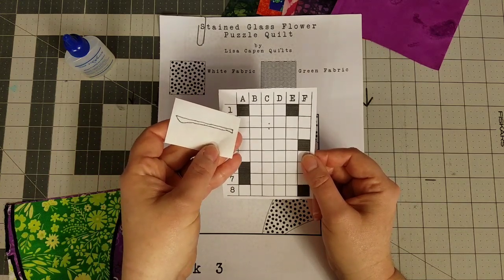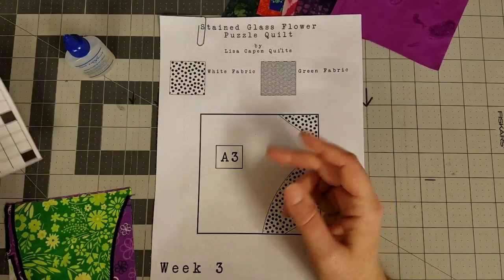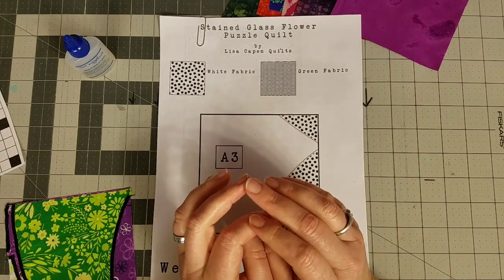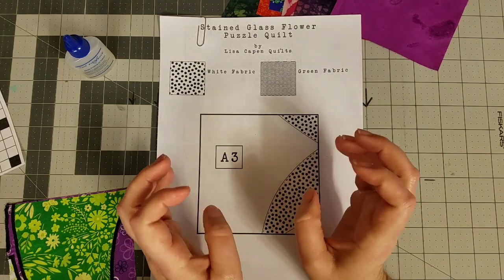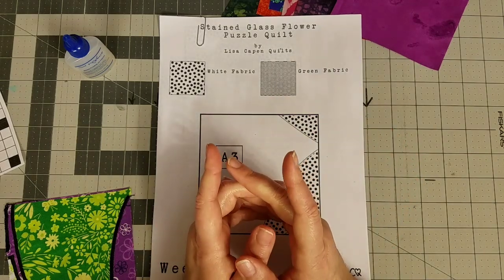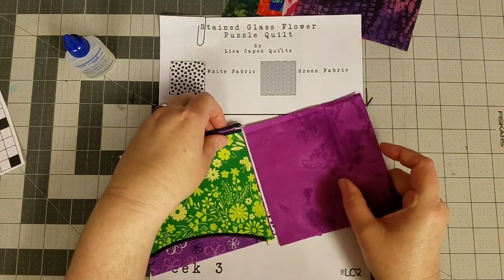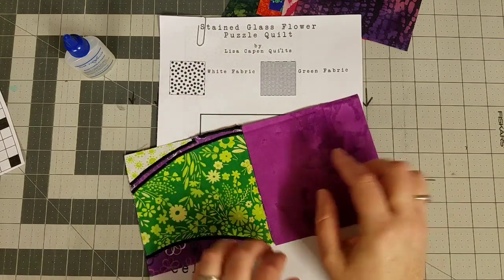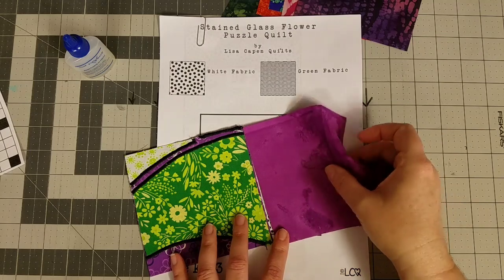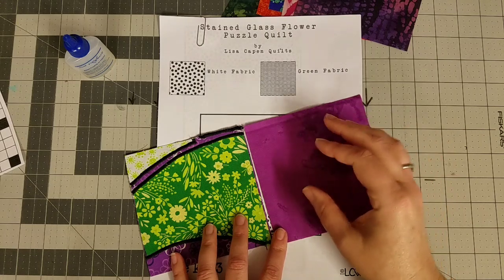And so we're going to have a discussion about those pieces here in just a minute. And then at the end of the video, I want to come back once all of my squares are on my background for week number 3, and we're going to have a little bit of a chat and some ideas on how to close the gaps if you're starting to experience that your applique is not lining up to your next piece, or maybe you have a little tiny gap like this to keep everything straight,